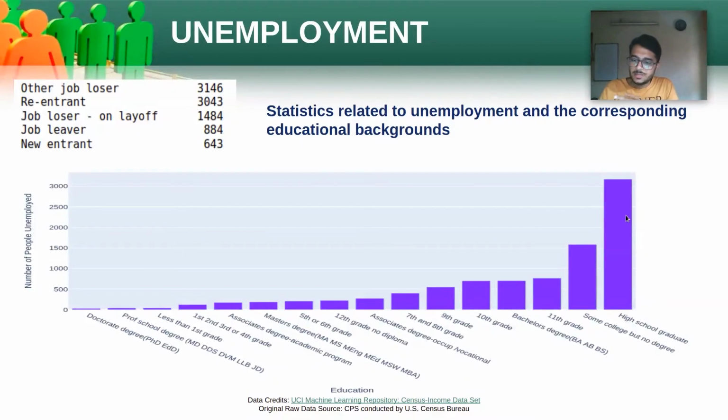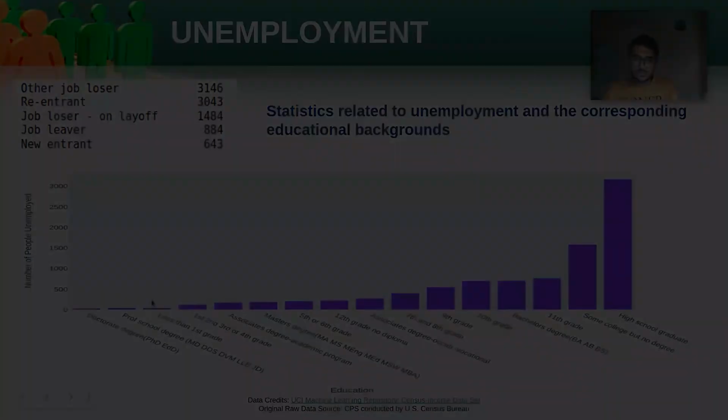You would usually expect that unemployed people would have significantly lower levels of education, right? But after going through some articles, it turns out that high school graduates and the people who have been through college with no degree usually have higher standards for a job. Because of this, they pass on the jobs which have lower benefits according to them. Whereas people with lower levels of education settle for jobs with lower benefits as well, because of which their unemployment level is relatively low. So, also from this figure, we can see that people with the highest levels of education show the lowest levels of unemployment, as expected.